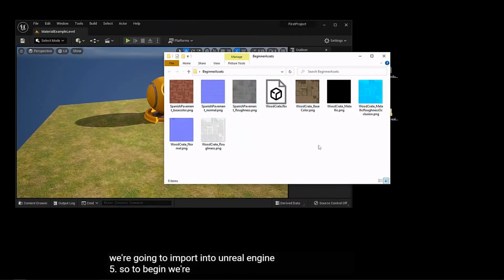So to begin, we're going to create a very simple material using these three textures right here. You can probably guess that Spanish pavement color handles the color of the texture, Spanish pavement roughness handles how rough the texture is, and the normal map, which is this purple texture. Well, it does look pretty weird. Don't worry, we are going to go over what a normal map is in just a second. But for now, let's go import all three of these